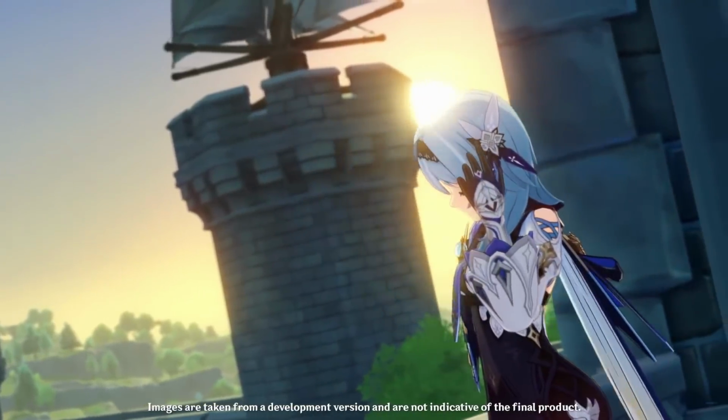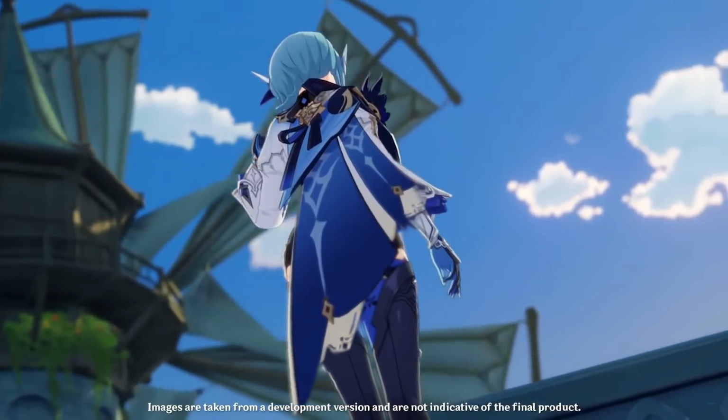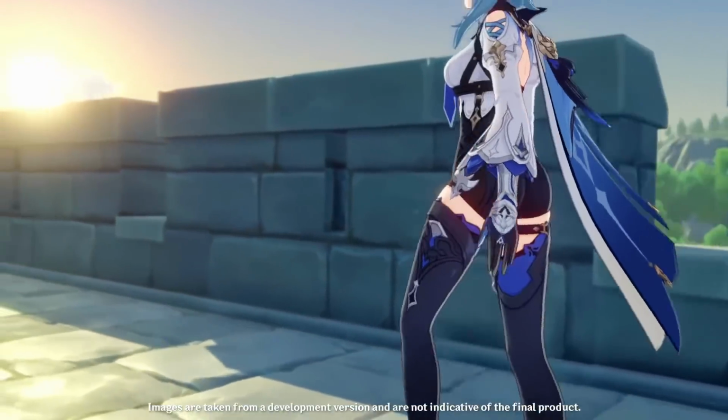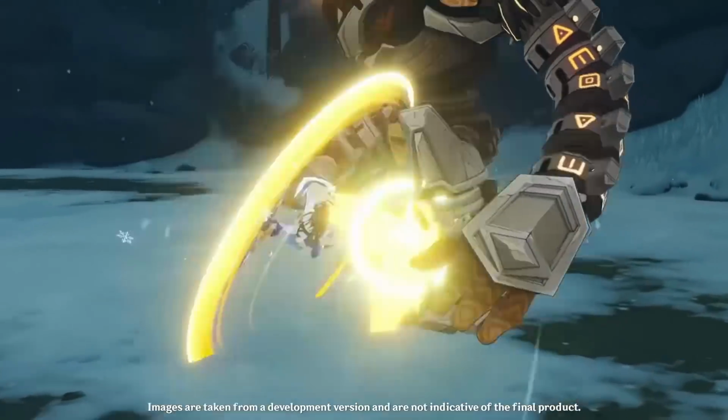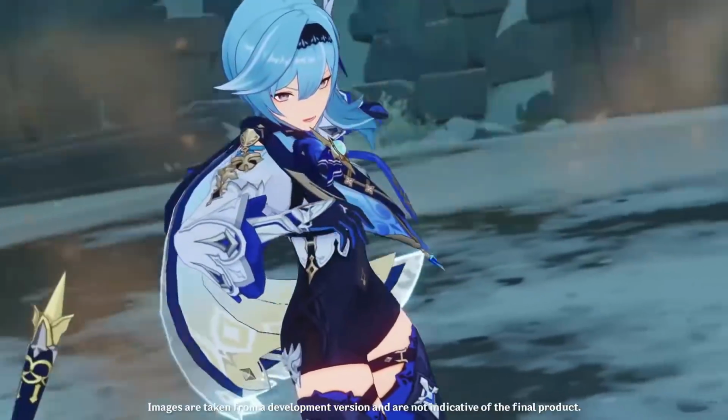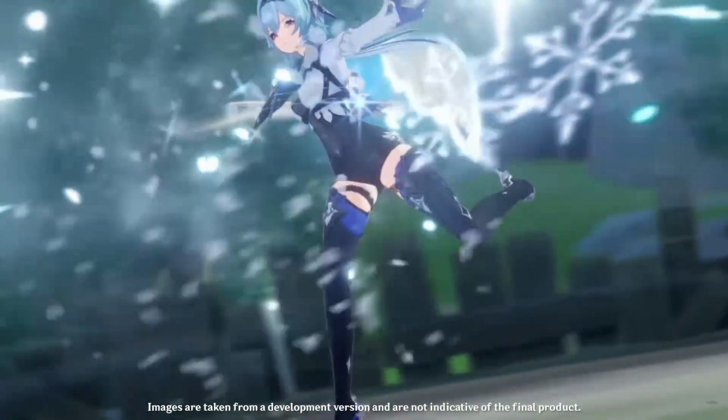Patch 1.5 is bringing us a bunch of new characters. We have 1 new 5-star, 1 new 4-star, and a rerun. First of all, EULA is finally coming home and my door is wide open. She's a 5-star Cryo Claymore user who's probably going to be DPS, and her abilities look really sick. She like dances while she attacks, her E shreds resistances, and I can't wait to get to play and test